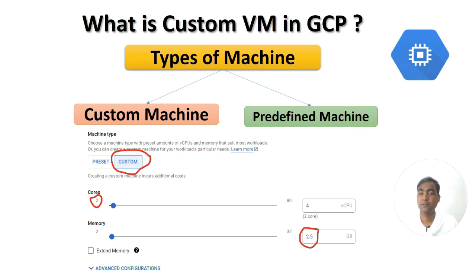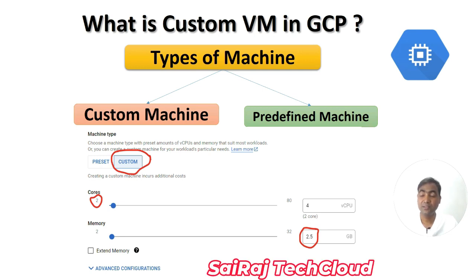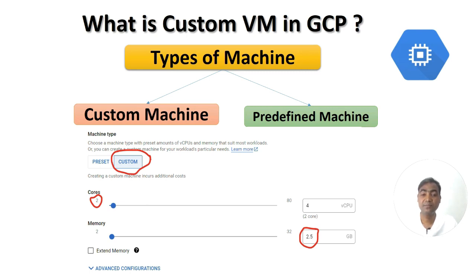As you can see here, Google Cloud Platform has two types of machine types. One is custom machine types, another is predefined machine types. I will discuss more details about custom machine types in this session so that you can easily understand it. Whenever your predefined VM does not meet your needs, then you can create a custom VM with your desired requirement